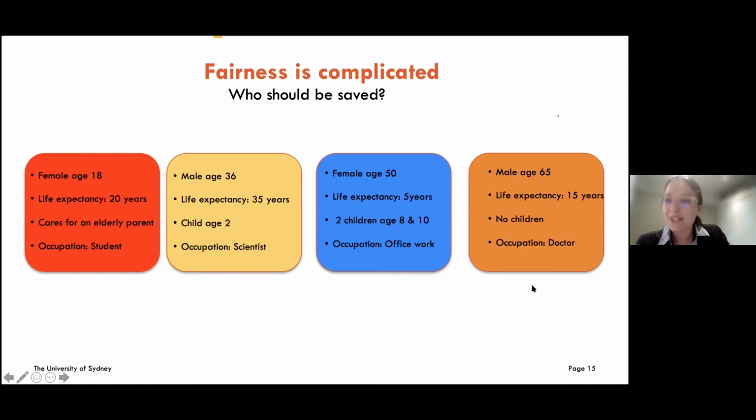Another way you can do it is the way that it's done in real life, which is essentially to give it to the person who's been waiting longest. So I guess that is about minimizing perhaps the length of suffering. But really there's a lot of different ways you could do this. And I hope you can see from this problem that it's very hard to decide once you really start sitting down and thinking about what should be taken into consideration.